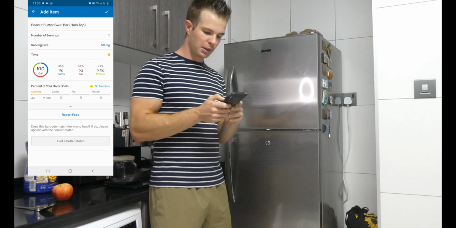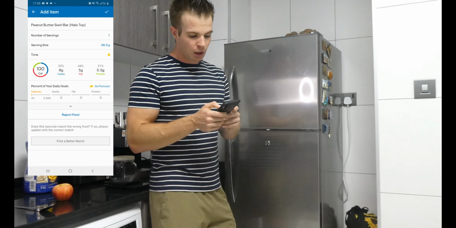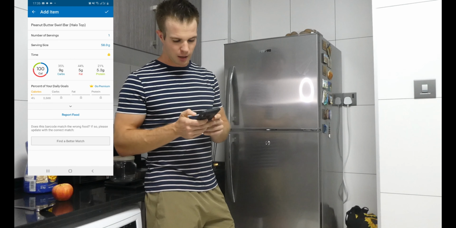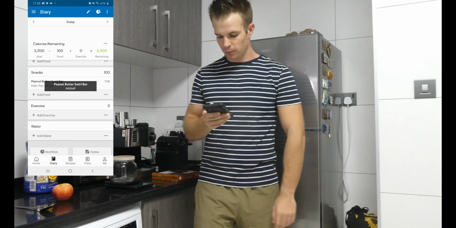and what it's going to tell you is that there's 100 calories, 9 grams of carbs, 5 grams of fats, and 5.3 grams of protein in it. So I'm going to tap that in. From there,